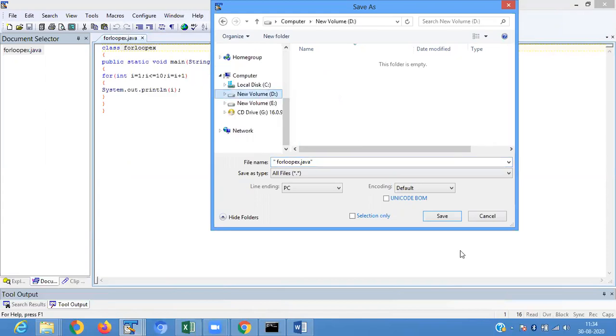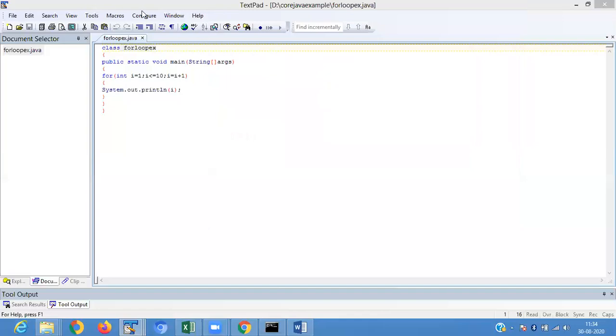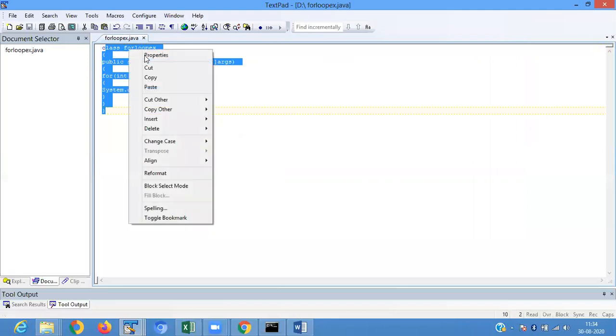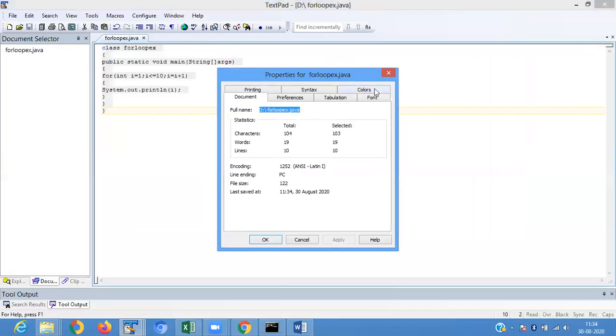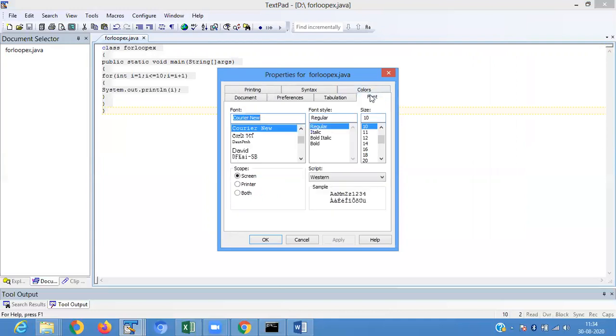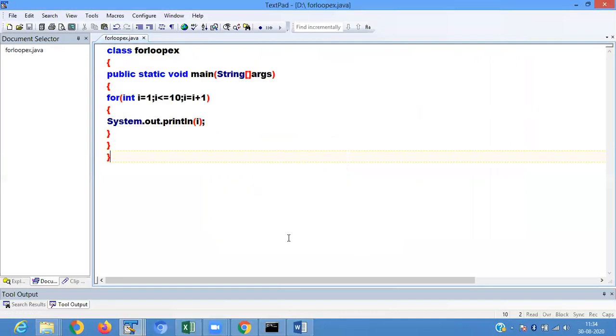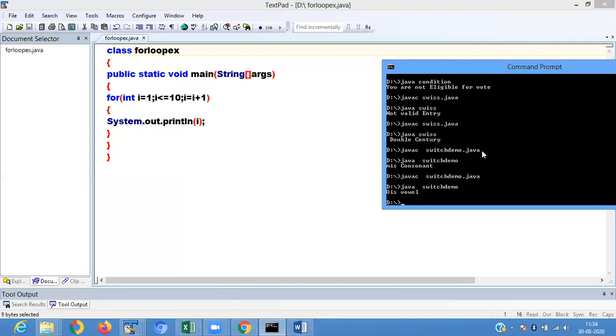We save this file. Now I run this file, then I will display one by one.